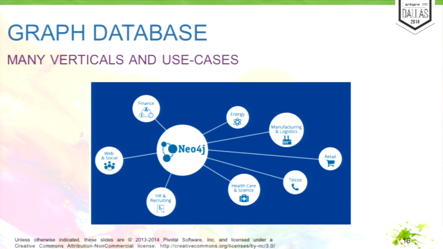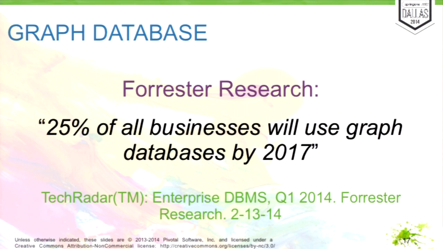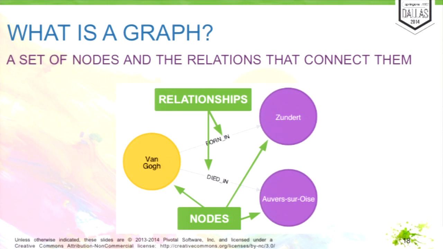And there are many more. So for instance, in HR, we see a lot of job search companies using graph databases to give their users a much better result in getting a good new job. So Forrester also had something to say. They think that many people will use graph databases. Let's hope for that.